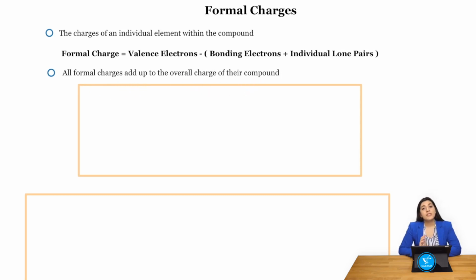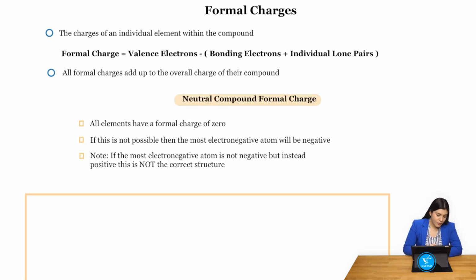Let's start off with just something that is neutral, so a neutral compound. So in this case, if we're looking at something that's neutral, note that all of the elements will have a formal charge of 0. Preferably, our central atoms